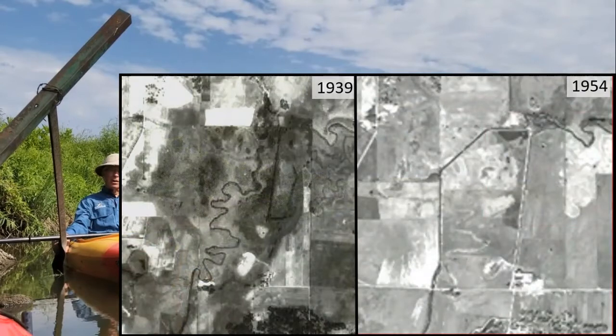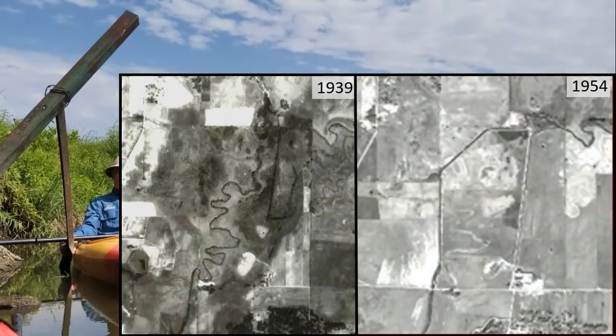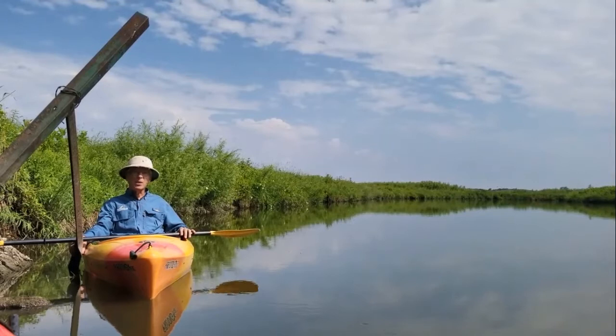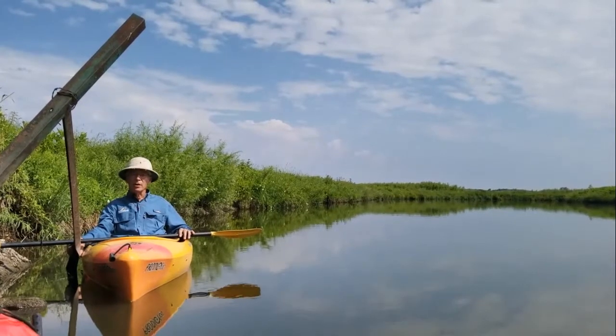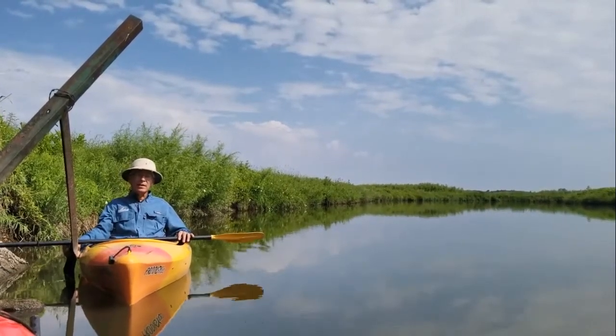It went straight, turned at 45 degrees north, and then turned 45 degrees and went due east to join the former meandering channel at the north end of this valley. So between this bridge we're under right now, and the next bridge we go through, we're in the phase 1 section of Nippersink Creek, which was our first attempt, and one of the first attempts in the country at de-channelization